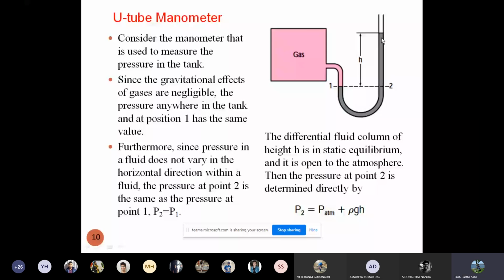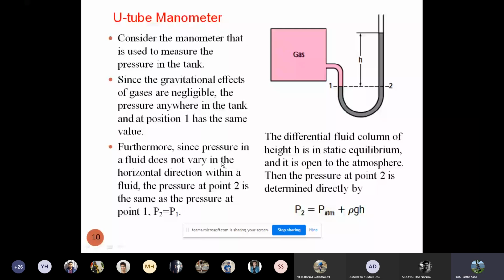So if I consider the pressure at this point P2 and the pressure at this point P1, or P atmospheric, the pressure at this point will be P atmospheric plus rho g h. Why rho g h? Because the density of the liquid is rho, the height is h, and the acceleration due to gravity is g. So that is how you calculate pressure. And you can see P2 is equal to P1, because I just mentioned, if this is P1 and this is P2, based on horizontal hydrostatic equilibrium, the pressure should be identical. Okay, I think all of you understood this slide.